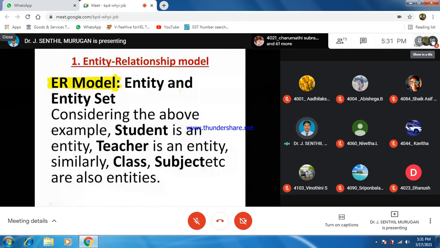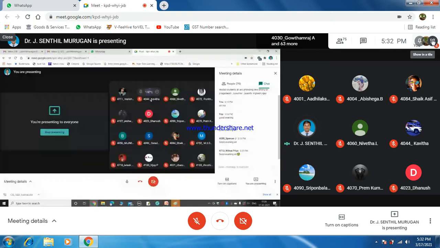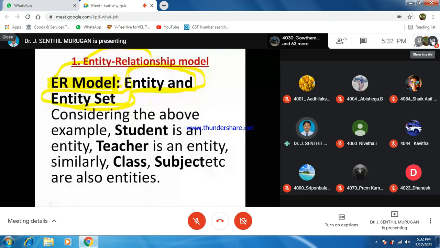The ER model will have an entity as well as an entity set. Both are called entities.